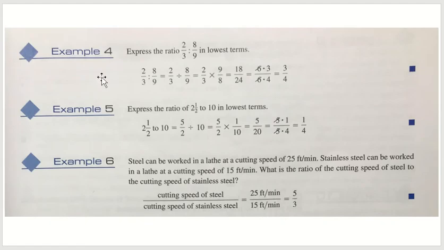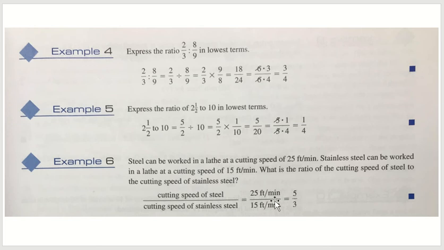Here's 3 more examples. Here you have 2 fractions to compare. Set up the equation here. You invert the second fraction, do the multiplication, reduce that down, and you find the ratio in the lowest terms there. Again, here is 2.5 to 10. We'll convert those to fractions. 5/2 over 1/10, or excuse me, when you invert, it's 5/2 times 1/10, and gives you 1/4 as the result